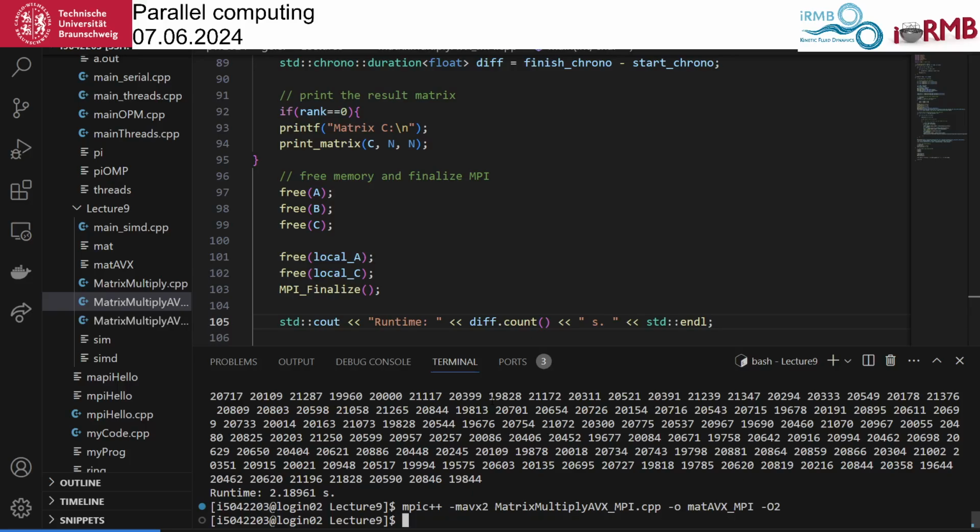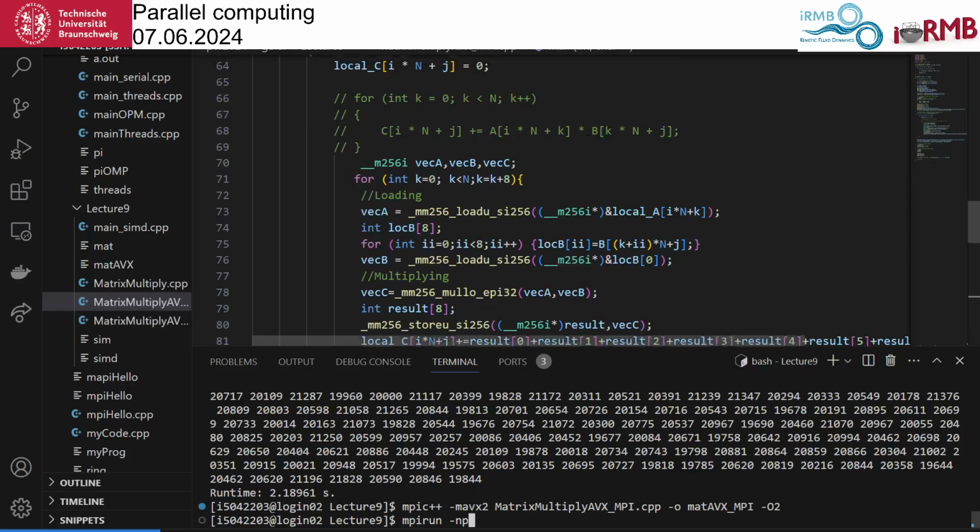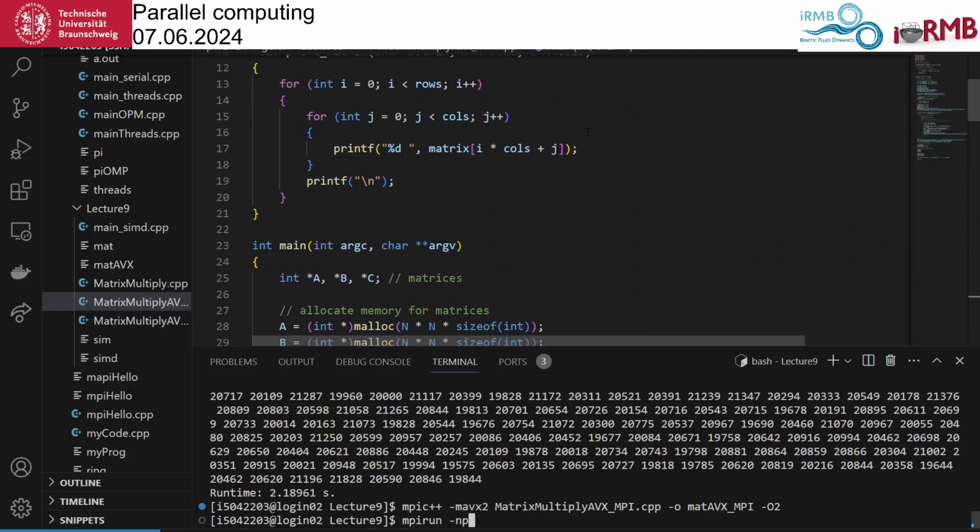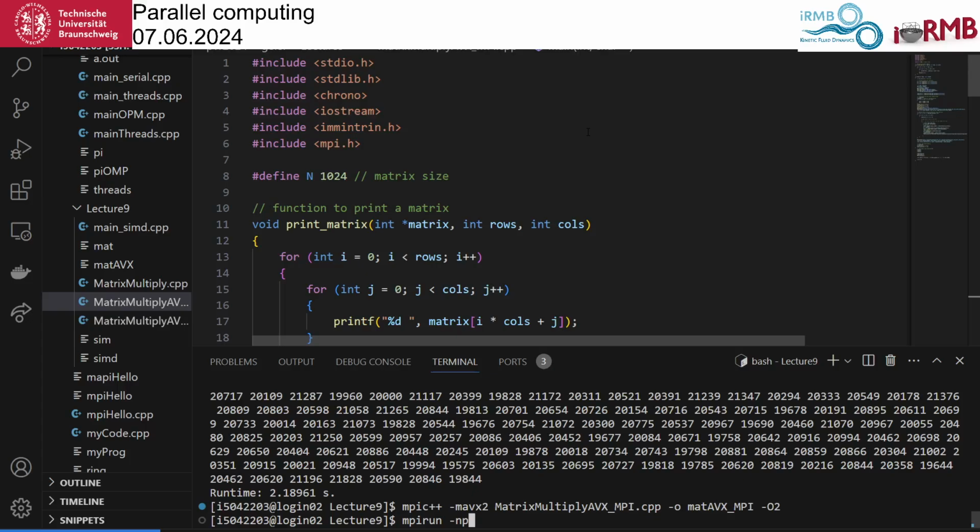Now we have to run it. This has to be done with mpirun, of course. When specifying the number of processes, we have to make sure that this is divisible, otherwise we'll crash our code. We'll have a big matrix of 1,400.